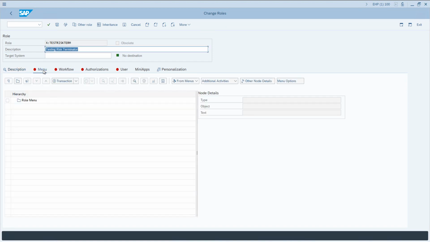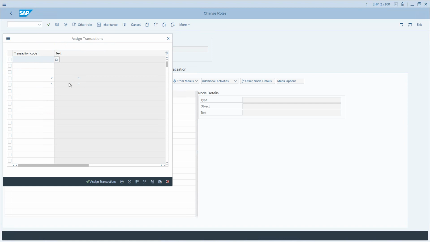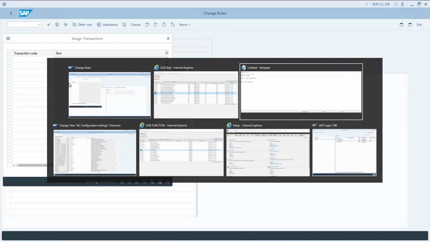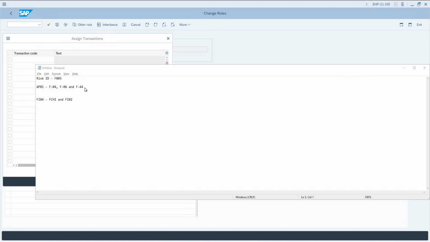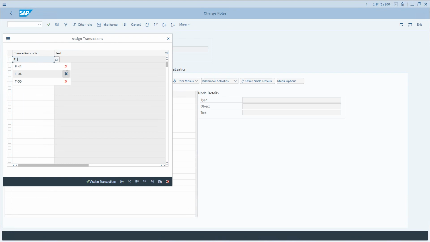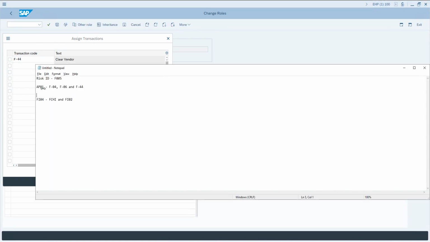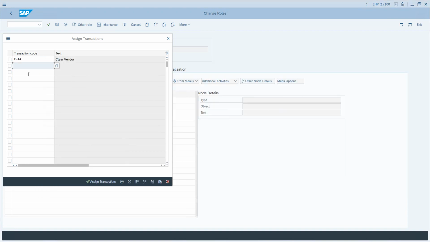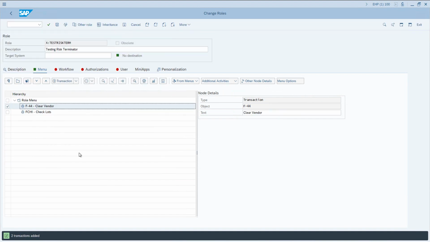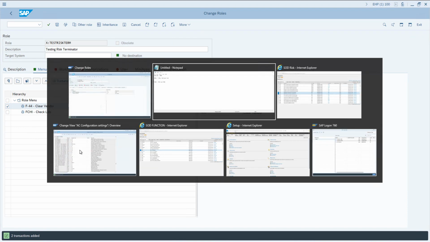Now let's go and add two of the conflicting transaction codes. From AP01, let us pick F-44, and from FI04, let's pick FCH1, FCHI. Assign. Now, based on the parameters, let's go to the parameters.